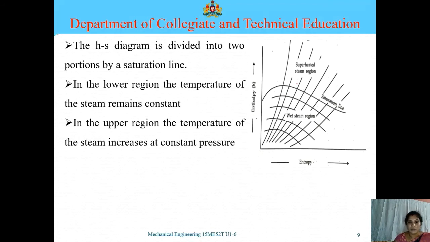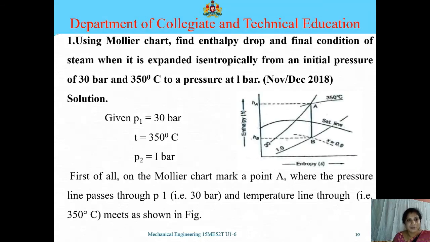So this Mollier chart is divided into two sections. How have we divided the Mollier chart into two sections? This section is divided by a saturation line. The saturation line indicates where x will be 1. So the Mollier chart can be divided into two regions. One is called a wet region, another is the superheated region. So this saturation line divides the Mollier chart into two portions: one is the wet region and another is the superheated region.